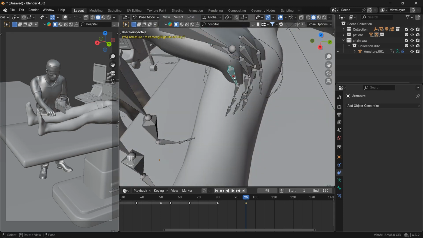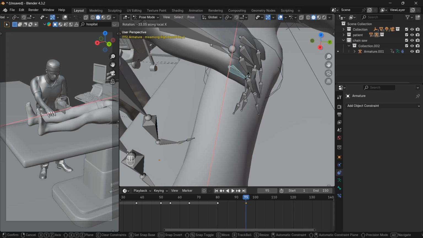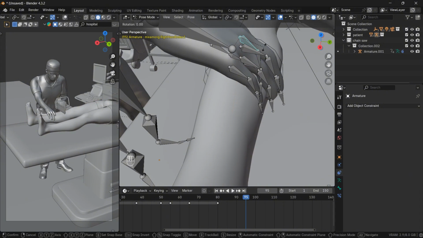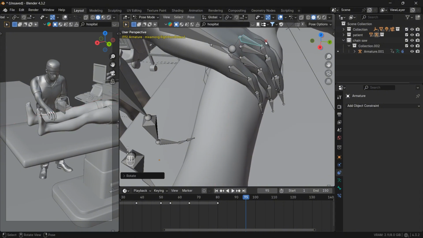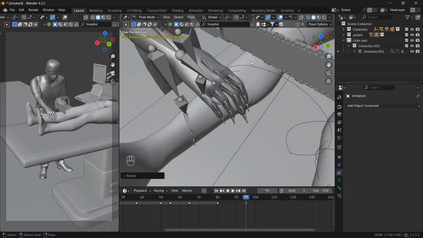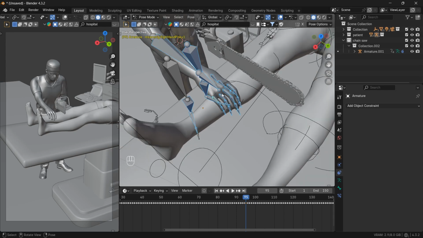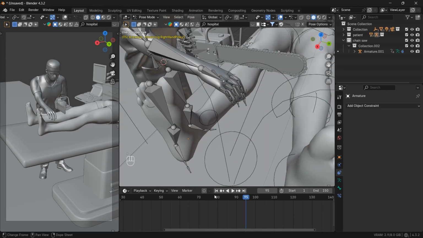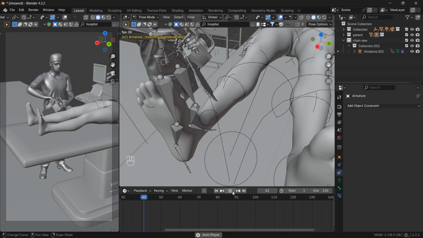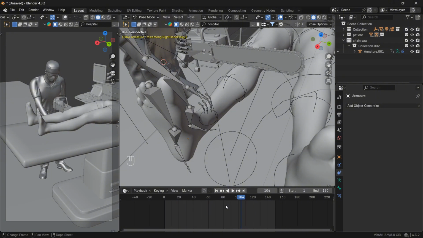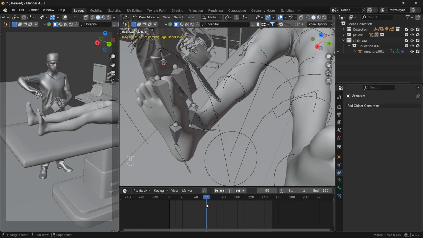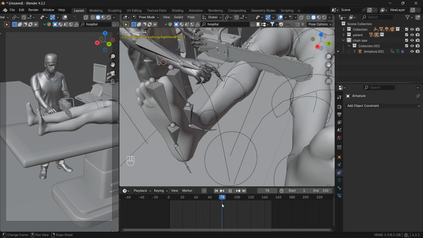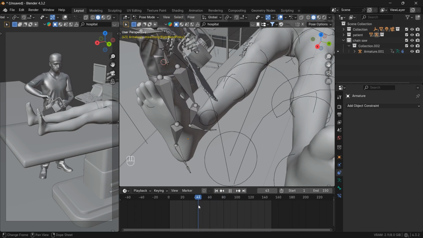Okay, we have to open the fingers a little bit more, like he's holding or grabbing the foot with the proper force like this. Okay, now it is looking way much better like this, and we can add simply all the keyframes over here. And now let's see how it looks till the 95 frame. We start the animation. Okay, you can see he's just cutting the leg already because he's standing way too close